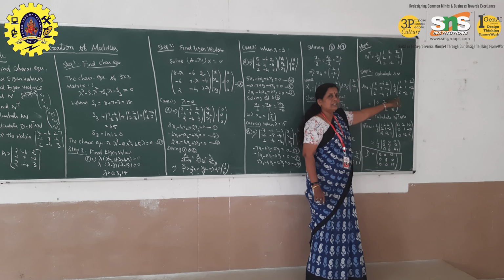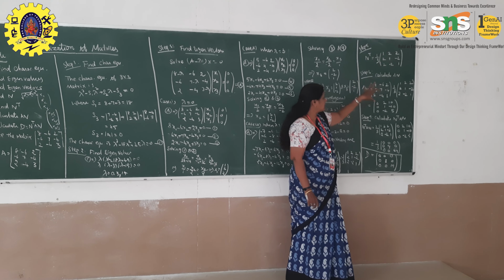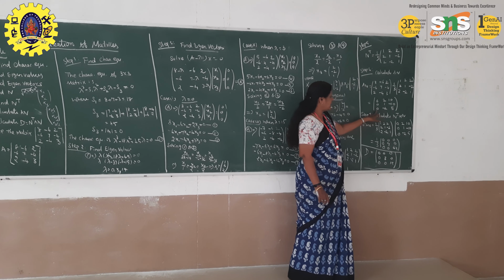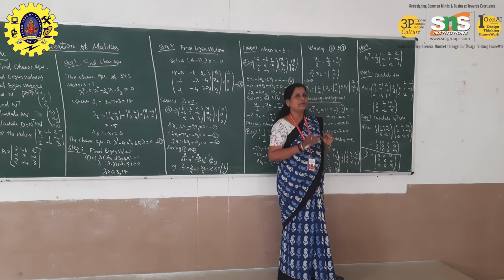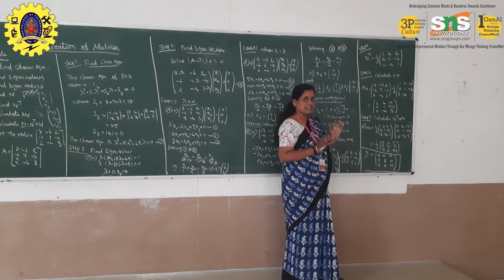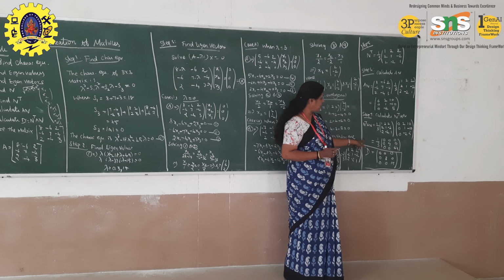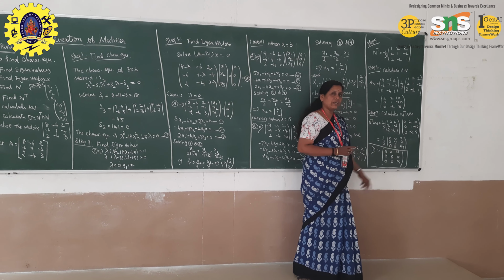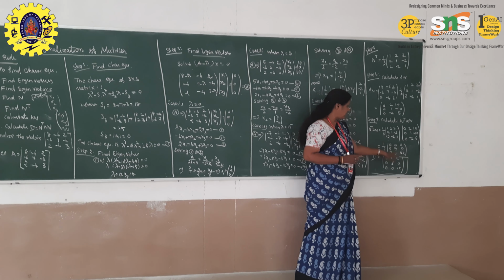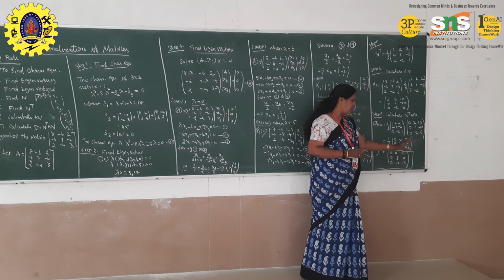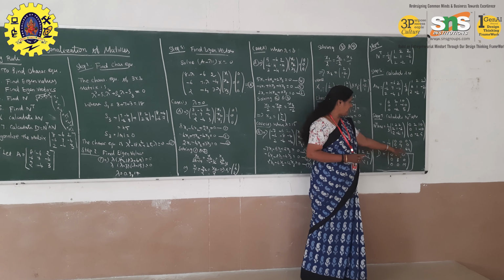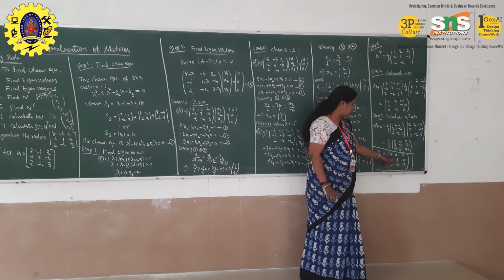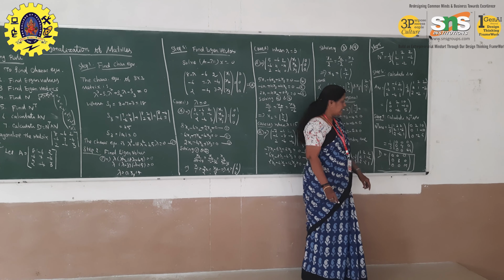After that, we need to find the AN value, that is, A into N. Multiplying these two matrices, we get the AN value here: 0, 2, 10; 0, 1, minus 10; 0, minus 2, 5. After that, we need to find the diagonalization, that is nothing but N transpose AN. Here, this is the N transpose value and this is the AN value. Multiplying this, we get 1 by 3 into 0, 0, 0; 0, 9, 0; 0, 0, 45. Each and every value divided by 3, we get the corresponding diagonalized matrix 0, 0, 0; 0, 3, 0; 0, 0, 15. Here the diagonal entries are